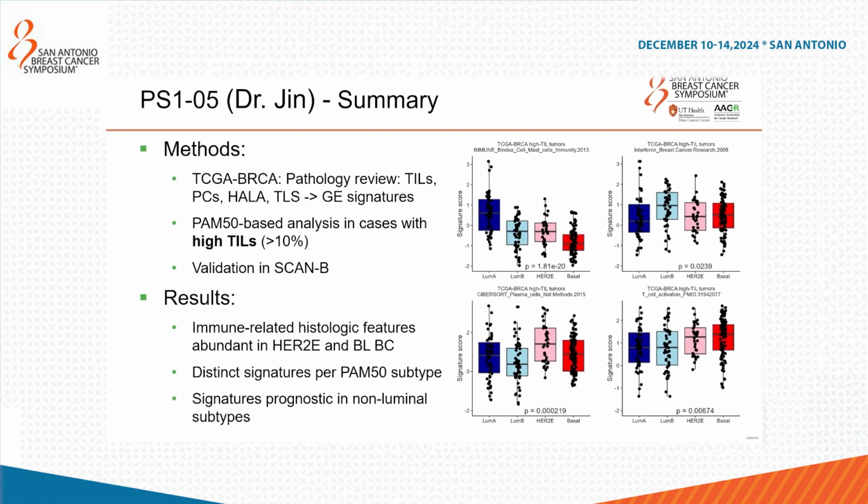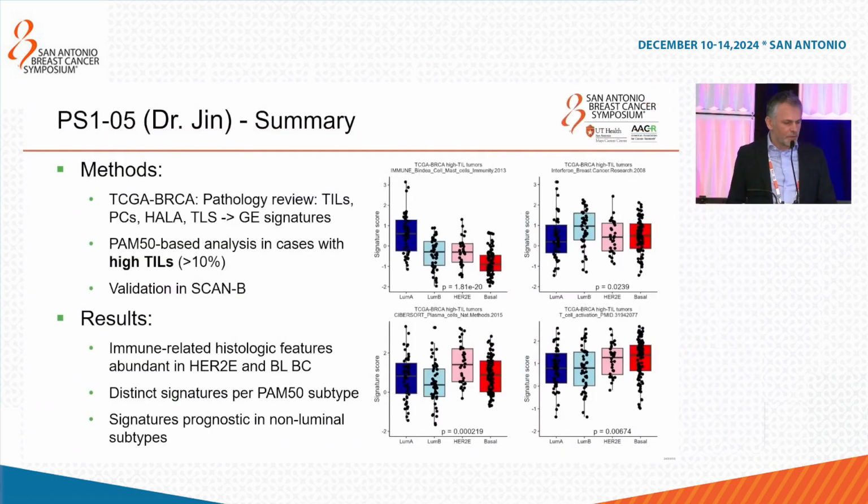And going back to Dr. Jin's poster, what the researchers did here was that they used the TCGA and did a pathology review of the immune infiltrate, including TILs and TLSs, and they generated the gene expression signatures based on these features. And then they used these signatures and